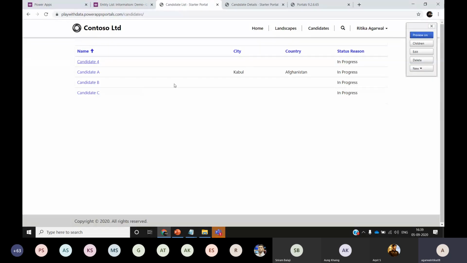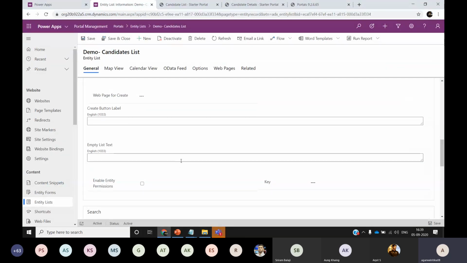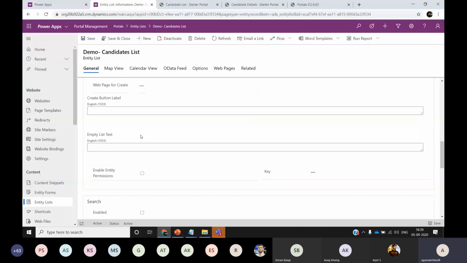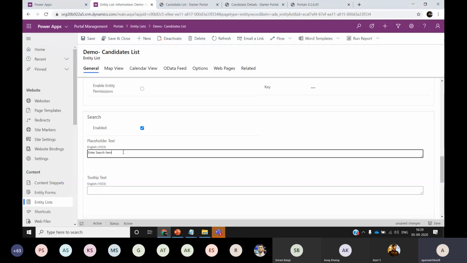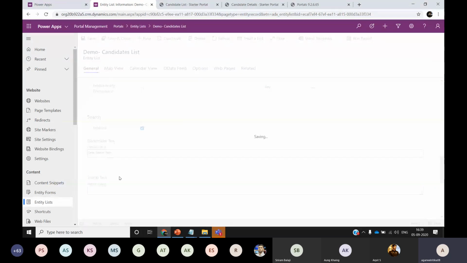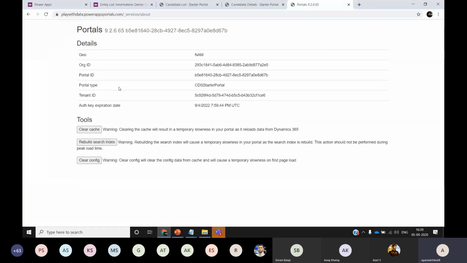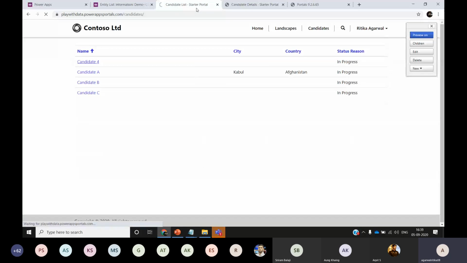Let's add some kind of search functionality and a few filters here. So I'll go back to the entity list record and I'll enable the search, and for placeholder text I'll say something like enter search item, and then I'll save it. Let me go back to this admin page and clear the cache. If I come back to this page and refresh it again,